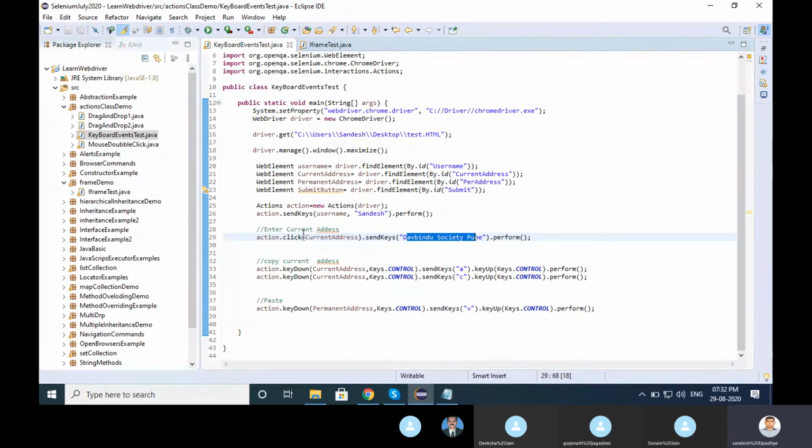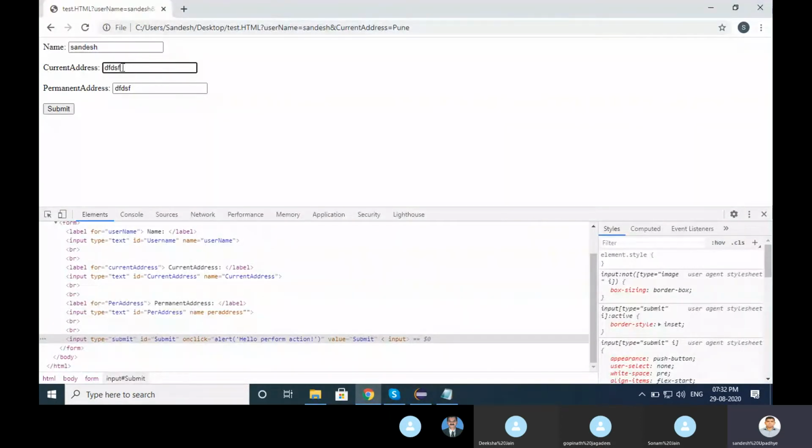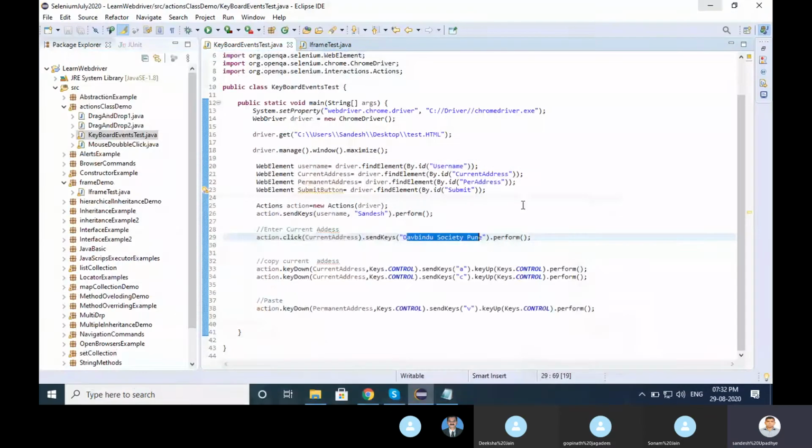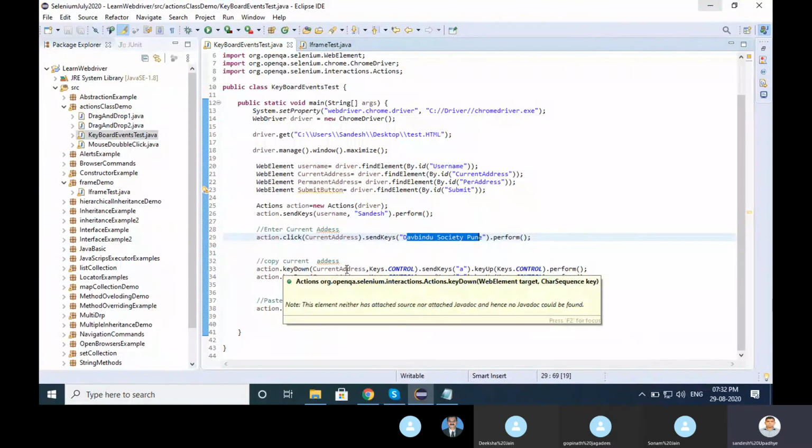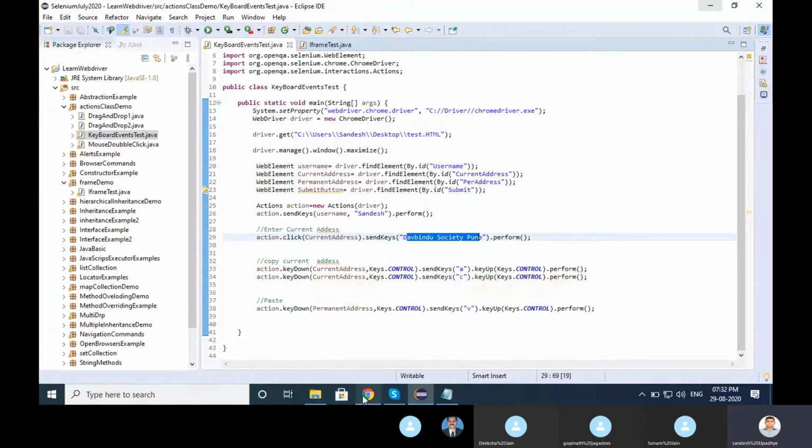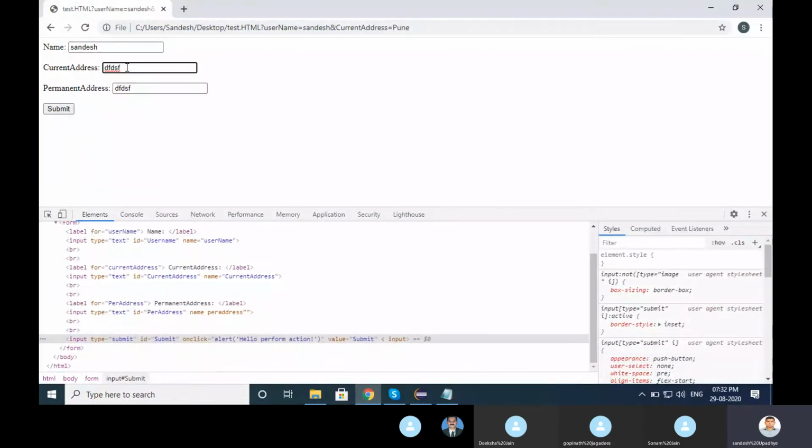Okay, so in current address I have sent the Windows Society Pune text, and for copy I want to select all, right? For copying this text, firstly I want to select all. So I just pass two keys here, action dot key down where in the current address. So it will go here first, it will be key down.